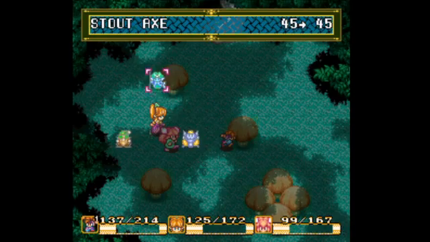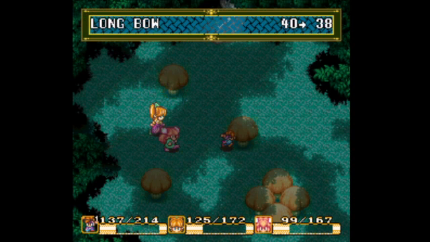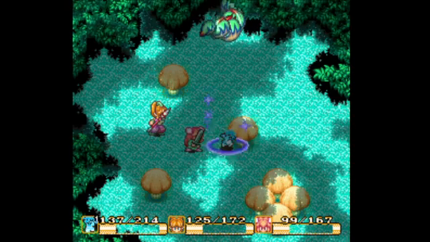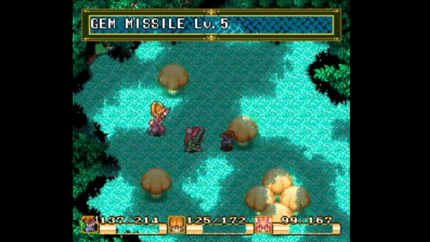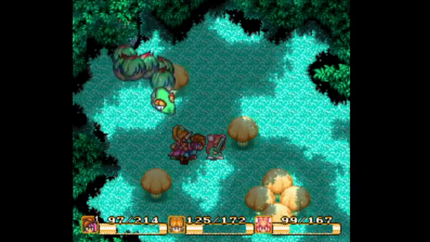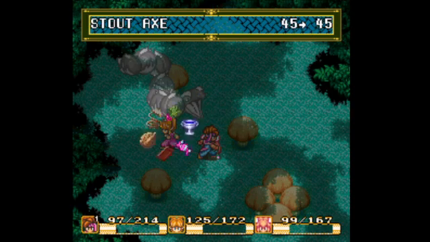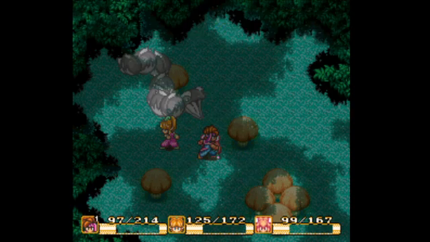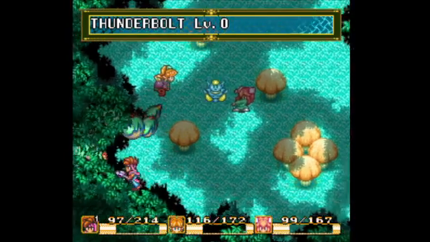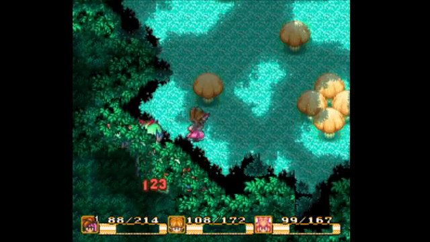Now, let's see. Let me use Medical Herb, because I don't want to waste her MP. Gem Missile, because he's Earth Type. He has a lot of Earth Magic. That's not creepy at all, that mouth keeping open like that. Use that. Use that. And then...